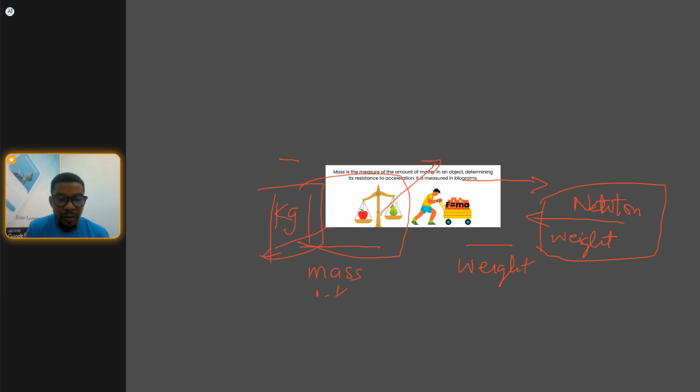From the definition, mass is the measure of the amount of matter in an object. It's also the quantity of matter. So the measure of the amount of matter in an object is said to be what? Mass. Are you getting it? So you can actually get the mass of an object if you are conversant with some